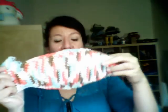Since last week, I really have not finished much. The only thing I finished was this washcloth or dishcloth. It's made in the form of a fish. It's a free pattern from Ravelry, and it's just made with Peaches and Cream cotton yarn. And that was for one of the Nerd Wars